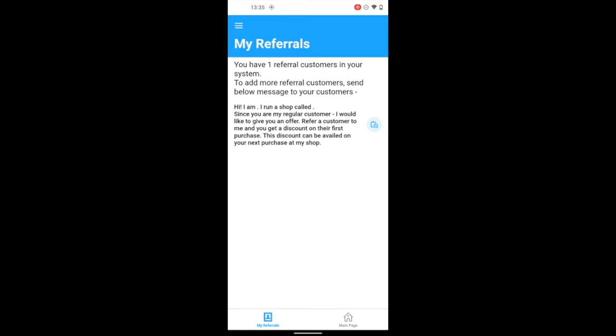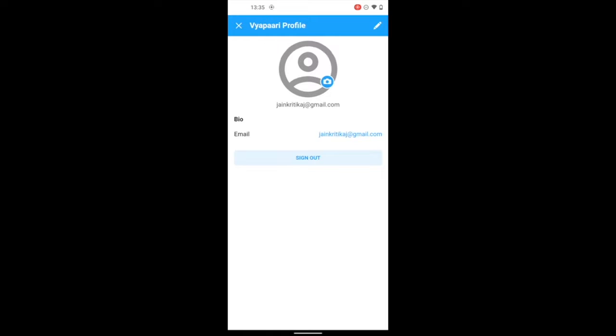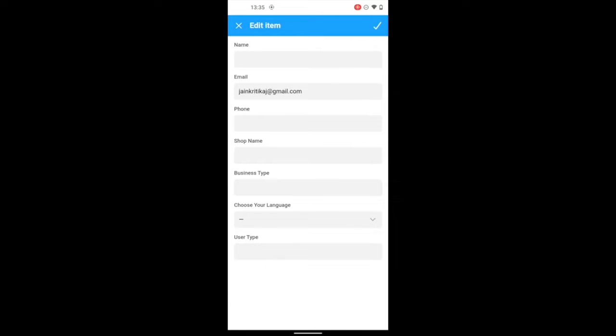Once you have signed in, you will see the welcome screen, something like this. Now we want to personalize the app. To do so, click on the three lines on the top left, click on the person icon and click on edit in the top right.